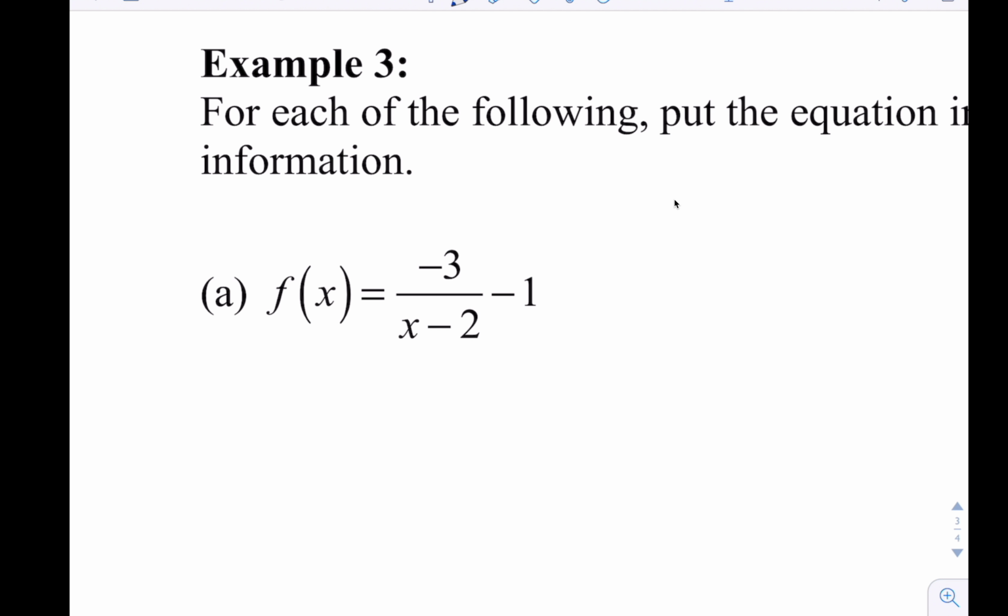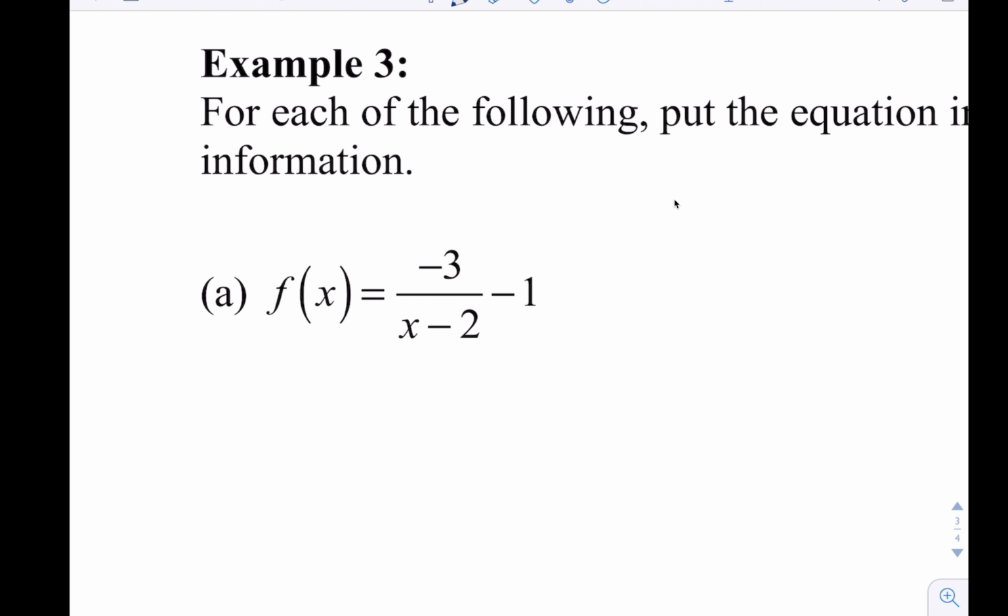All right, so now I'm going to draw my axes. Like I told you guys, the vertical stretches and horizontal stretches don't really show up that much. So as long as you can identify them, that's pretty good for me. Okay, so if I'm going to move my graph right 2, that means I'm going to be moving my vertical asymptote also right 2. So instead of having it at x equals 0, now I'm going to have my asymptote at